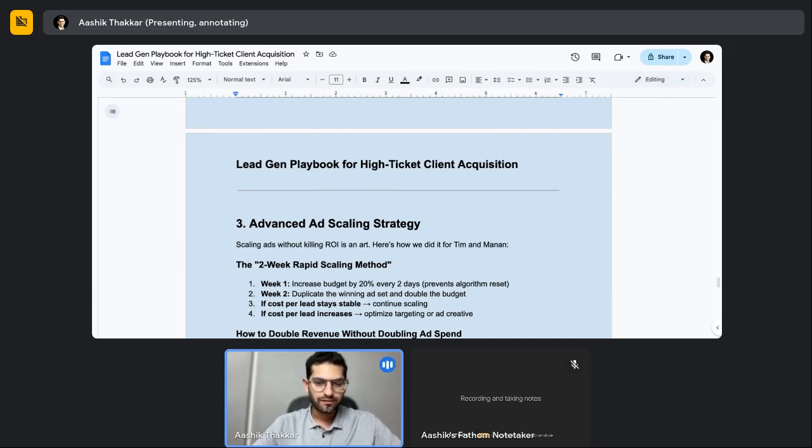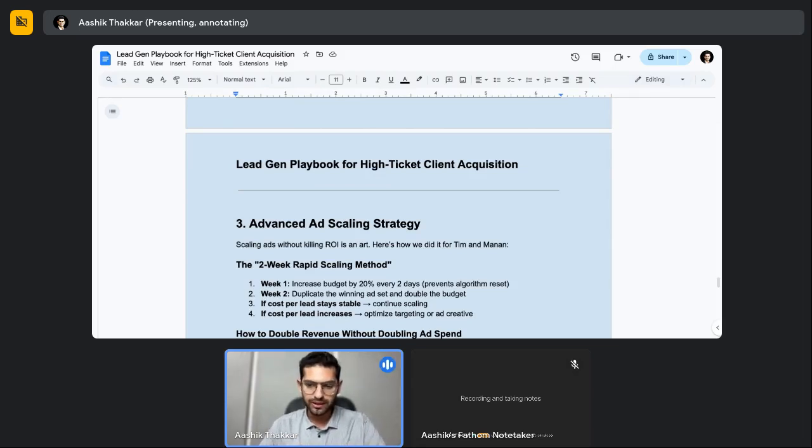So here's how we did it for Tim and Manan. This is the 2 week rapid scaling method. This is how I like to call it. So week one is going to be, now again, just to give you more reference on this, 2 week